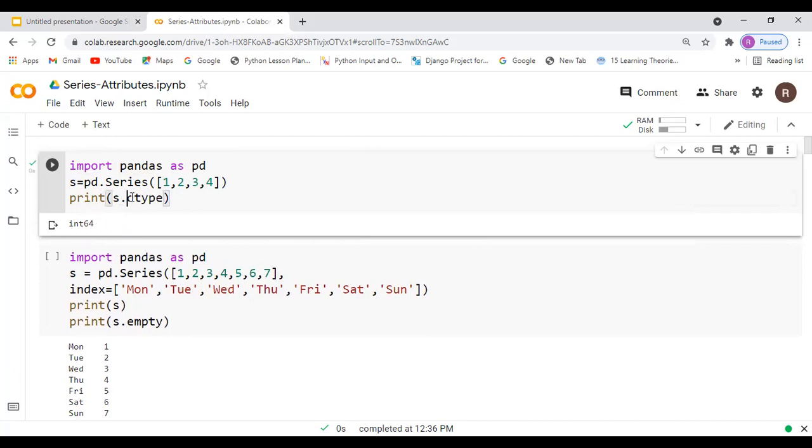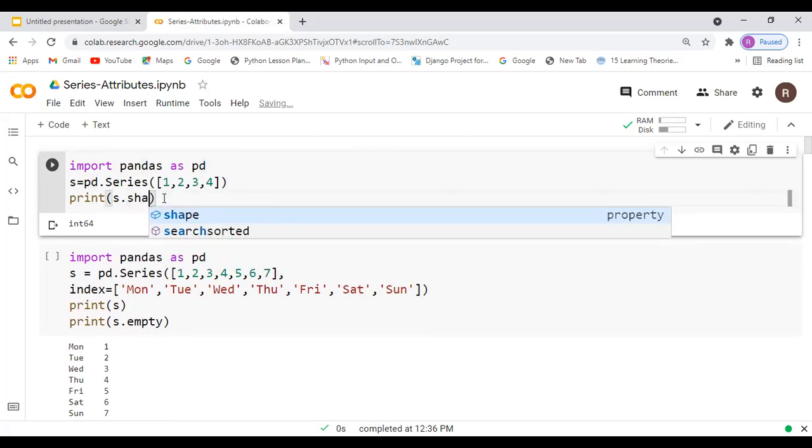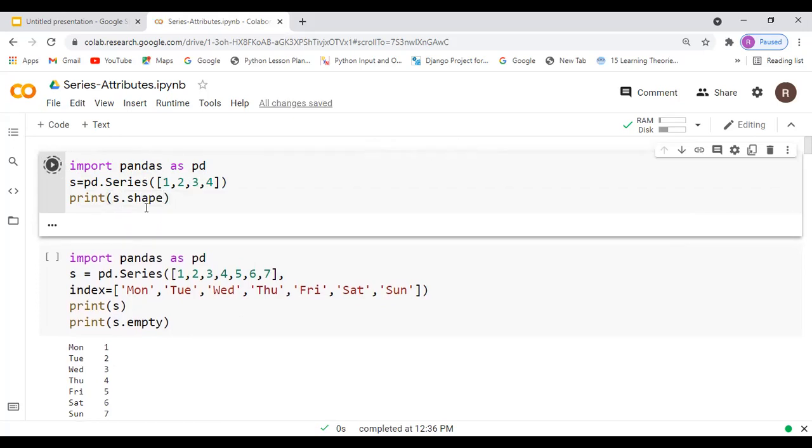Now I'm going to use s dot shape. So when you are using s dot shape, because it is a series, it is one dimensional. So how many elements we have? The shape returns the tuple shape of the underlying data. So we have 4 elements, so 4 comma.